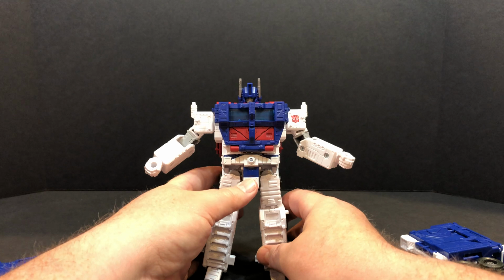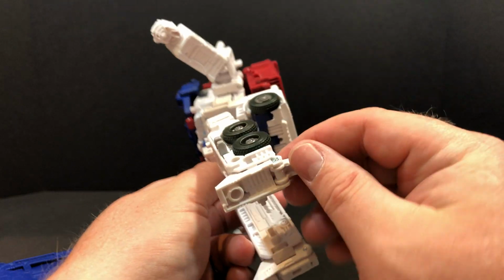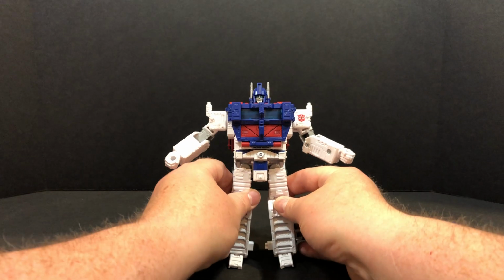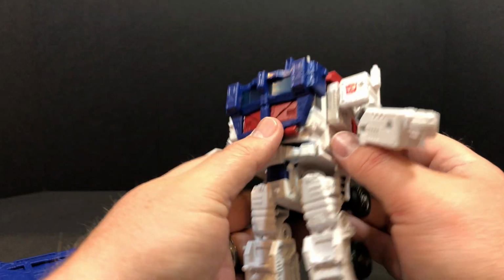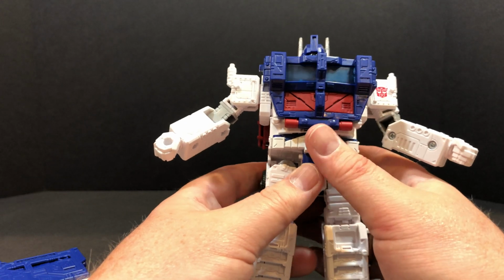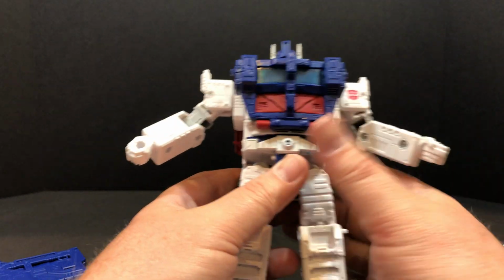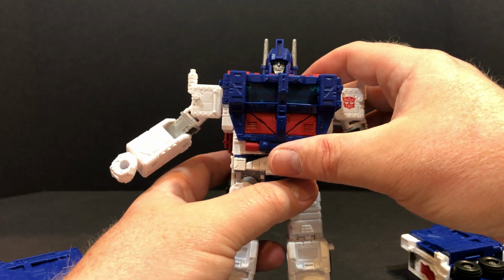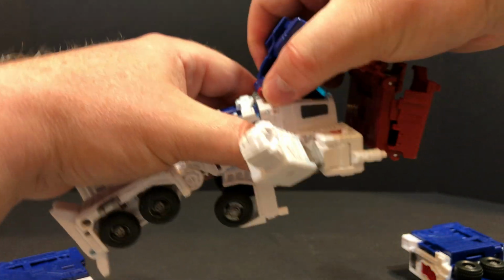And now he just looks completely disproportionate. Uh-oh, he's down. I forgot to put the heel spurs out. I'm not going to use them because I'm going to car carrier mode, but I just wanted to see what he looked like there. Okay, it just occurred to me that we didn't talk about the effects compatibility in his bot mode, but it's essentially the same as what you can get with the Siege. So let me get him transformed up, and then I'll do effects in both modes, the Siege robot and the Kingdom vehicle mode. So then you're just going to take this piece off, take that out of there,